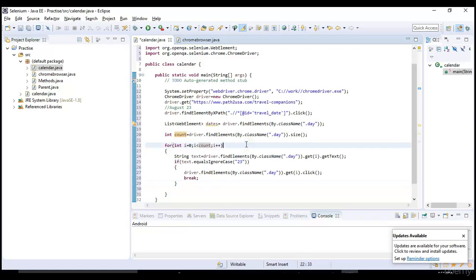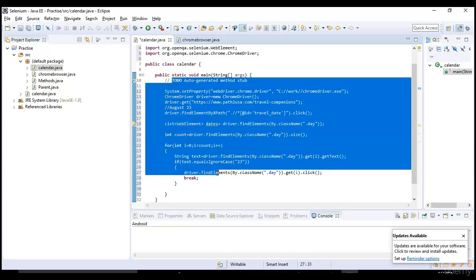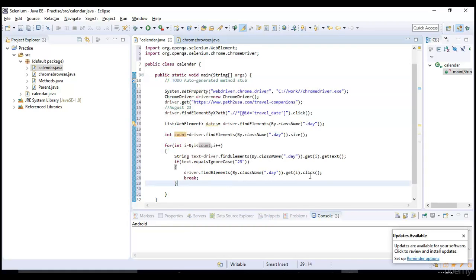Alright, so this is step 1. We have not yet achieved everything. Here we tried to click on a date which we passed as input. We are not hard coding anything, or identifying the date with the help of XPaths. We are taking the whole list, and based upon the input we pass, it should go and click. Okay, let me run this test and see how it goes.